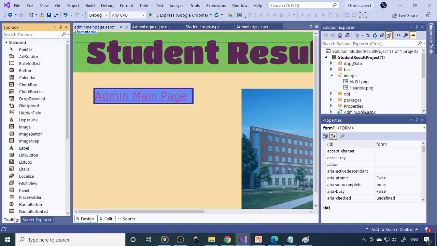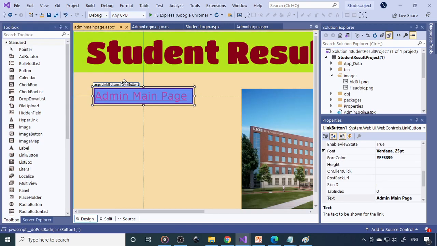So for that what you can do is you can go to, I'll use the hyperlink. So presently you are using the link button, okay? So you can also use the hyperlink, or you can also use image button, or you can also use the button. Fine. So we'll use the hyperlink or link button. So we'll use the link button again. So this is also link button. So therefore you can copy from this one only. Copy this. So we already know, if you copy, that will paste it over there.